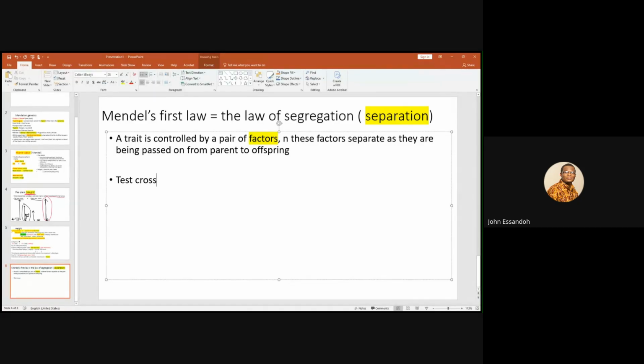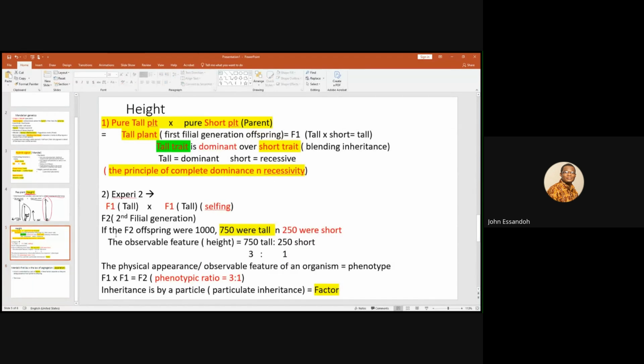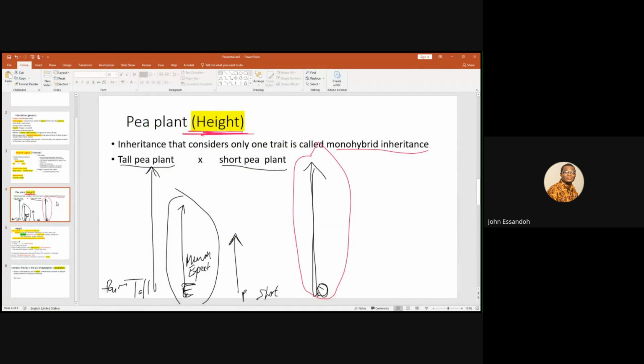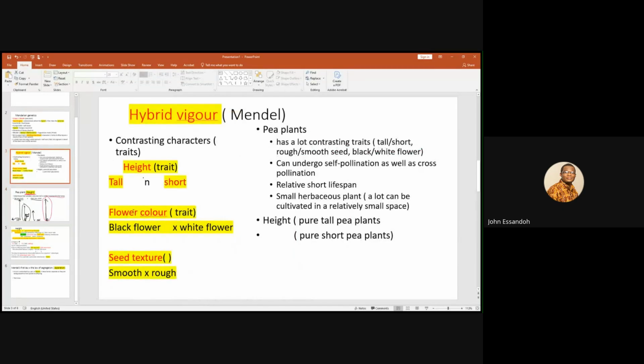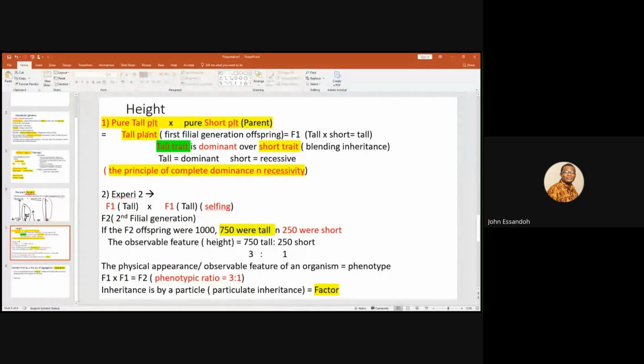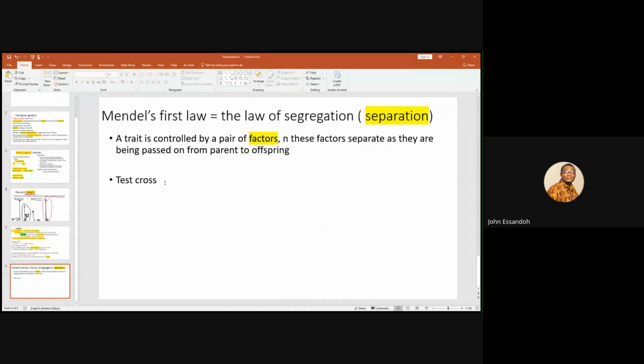And in the test cross, what he did was that he crossed this one, the F1 tall, the parent tall here, okay, and then so he crossed this one like this, the F1 tall, let's say the parent tall first with a short,